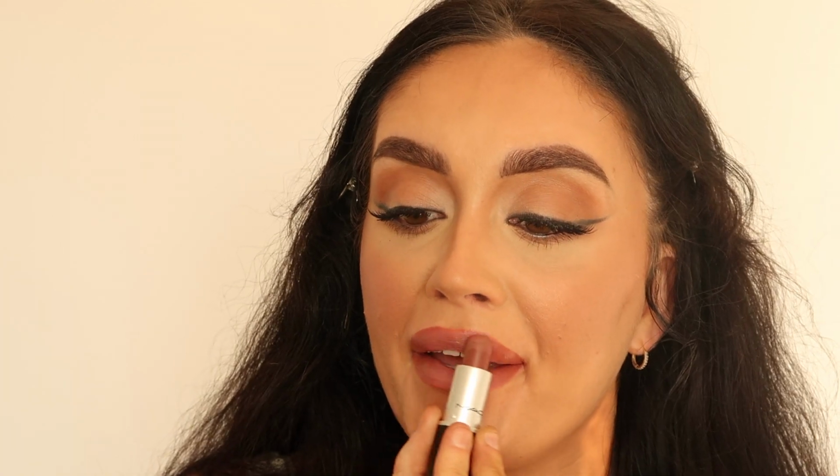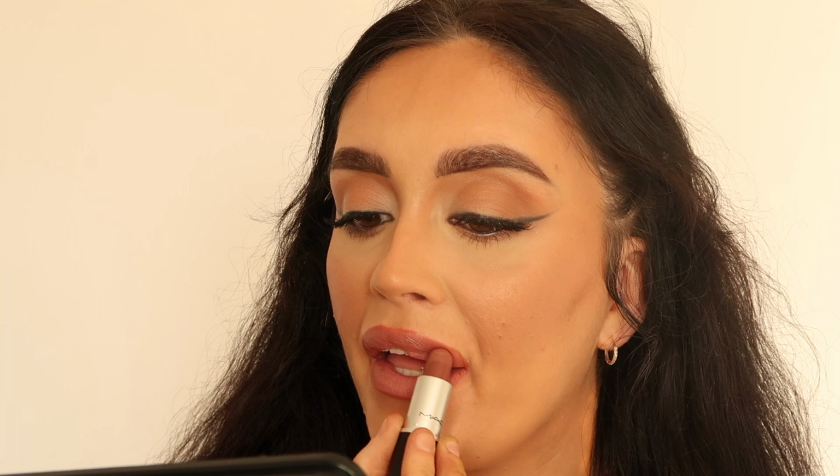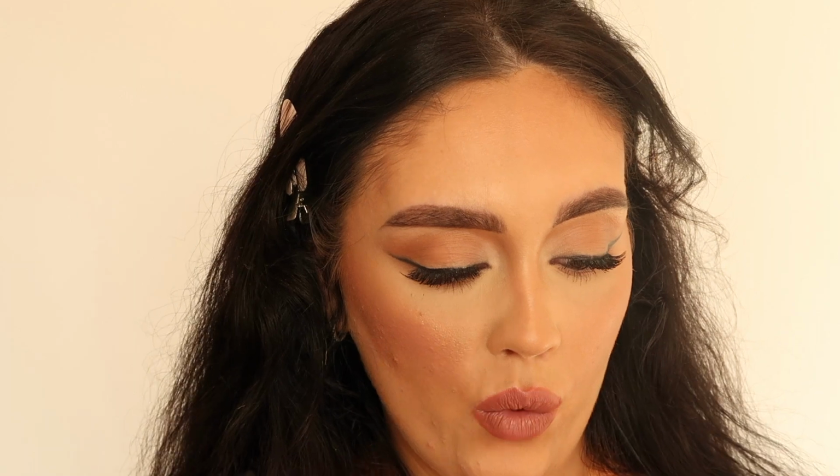I'm going to go in with a couple of MAC lipsticks until I actually get the right shade. I'm going to go in with the shade Snob, which is a little bit pink. Applying that just to the centre, like so. Applying a little bit of the shade Snob to the outer corners, and then going over that first shade. We're still not there yet. I don't actually think I have a colour exactly like that, so I'm just going to work with it until we get to this point that we need to be at. So at the moment it's a little bit pinky. I'm just going to go over,